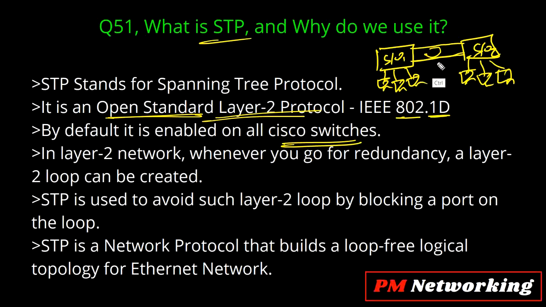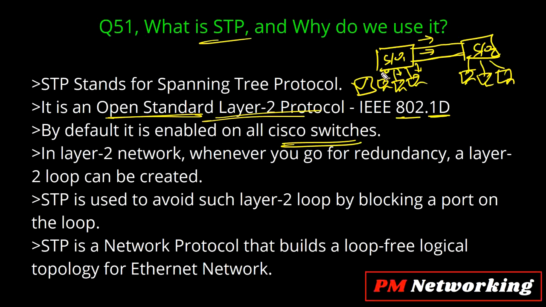How can a loop be created in this network? Whenever this machine generates a broadcast message, that broadcast message will be received by this switch. Now what will the switch do? The switch will check the destination MAC address. The destination MAC address is broadcast. That means the switch will send this frame out of all of its ports except the port on which switch 1 received this frame. So the switch will forward this frame from this interface,